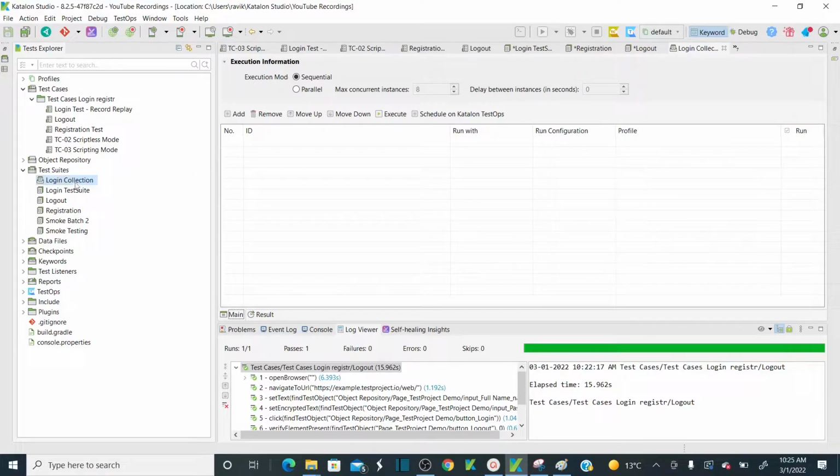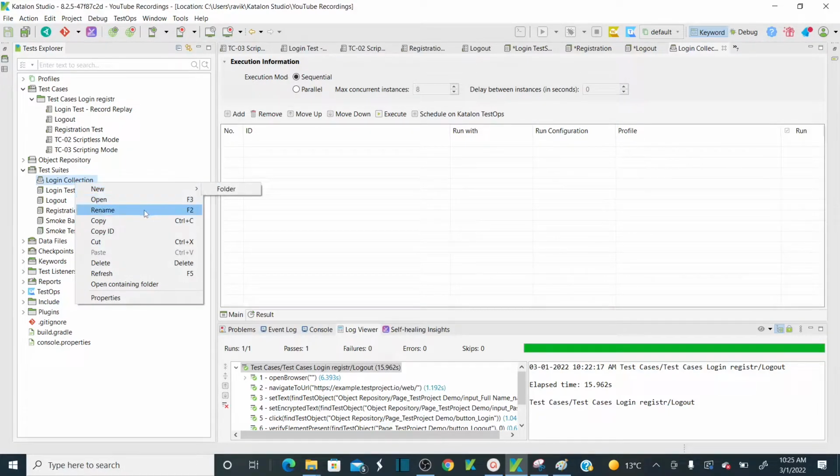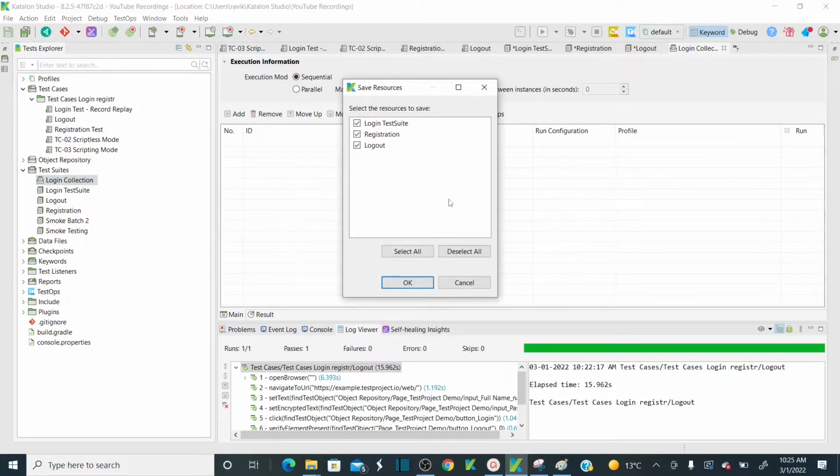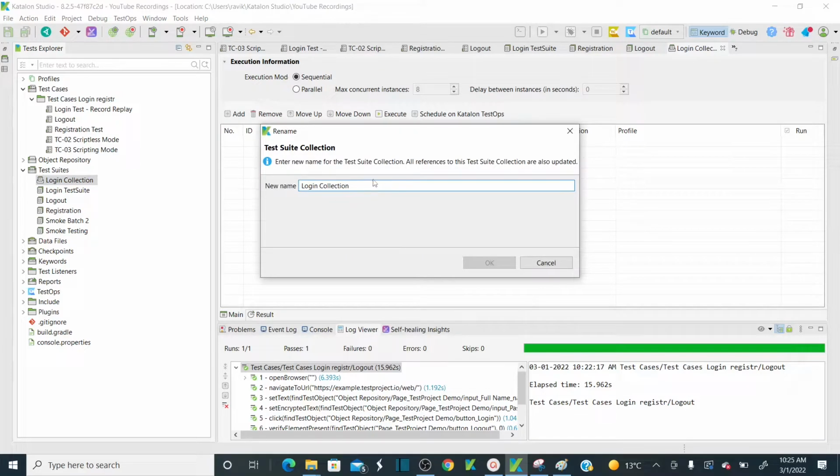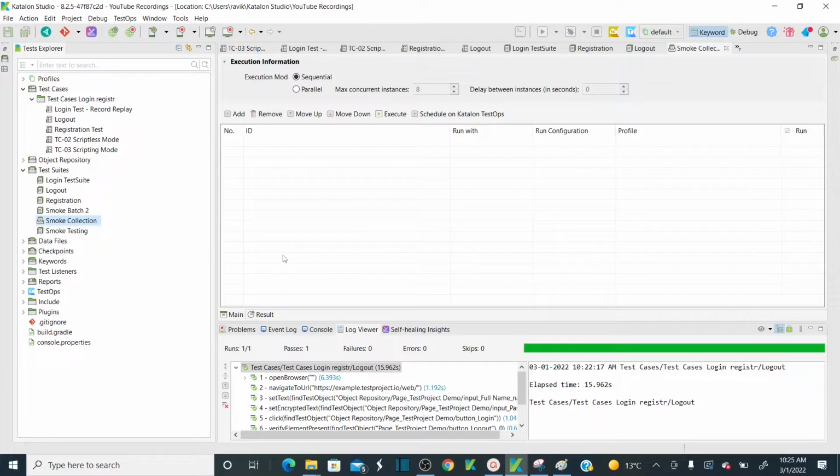So let me rename this as smoke collection. Under smoke test, whenever I get the build, I have to perform login functionality and logout functionality. Let's assume that I don't want to perform registration. So as soon as you add the smoke collection, now when I click on add,